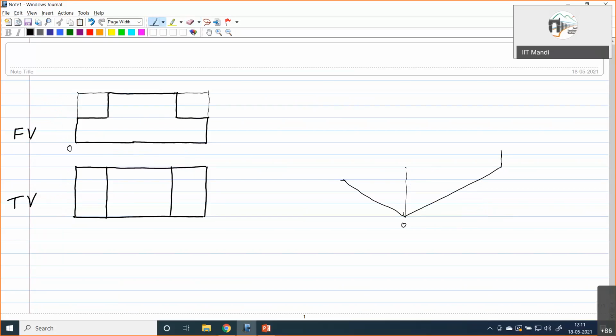Corresponding to this complete front view, I am considering the frontal face. That face is what I have drawn here now. So this thing will represent the frontal face. Then this depth part is over here.